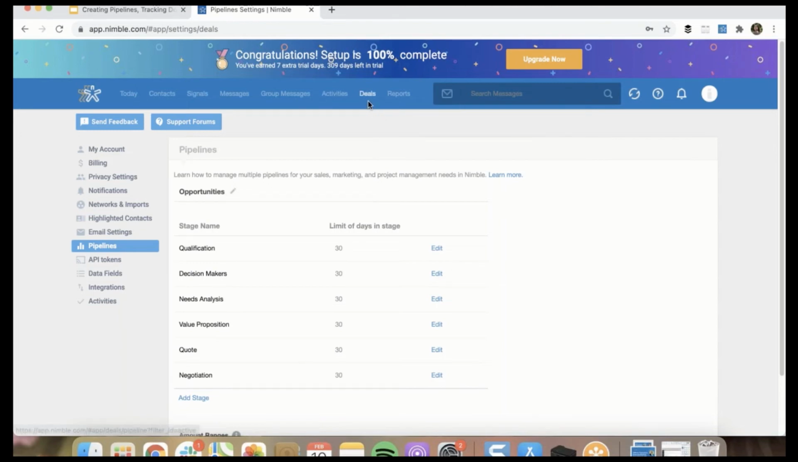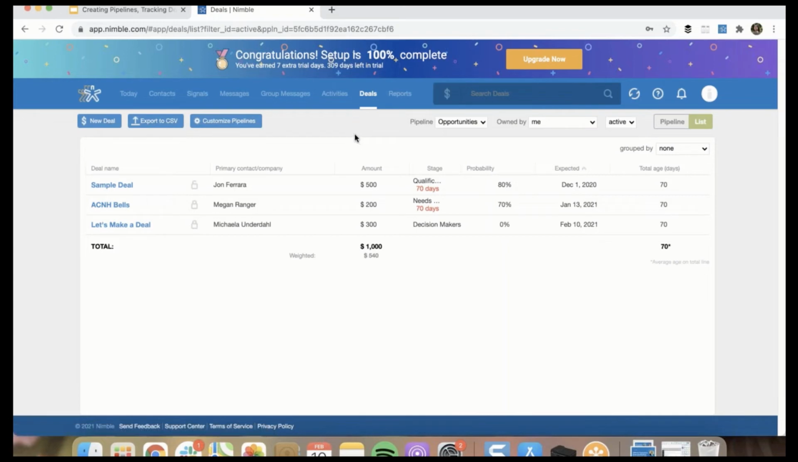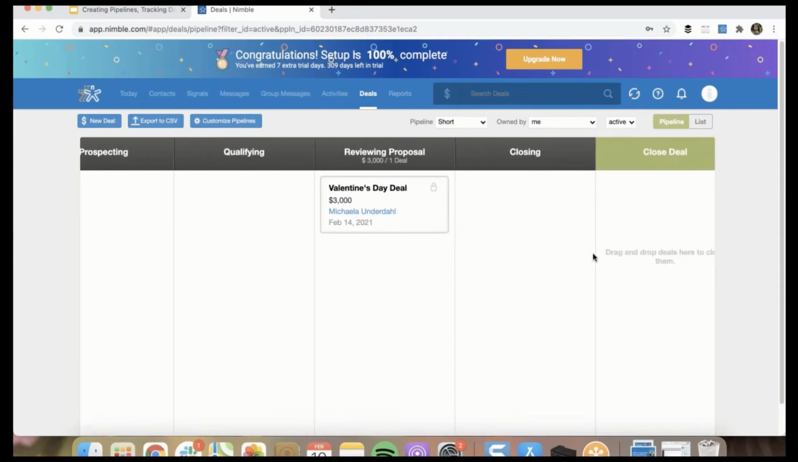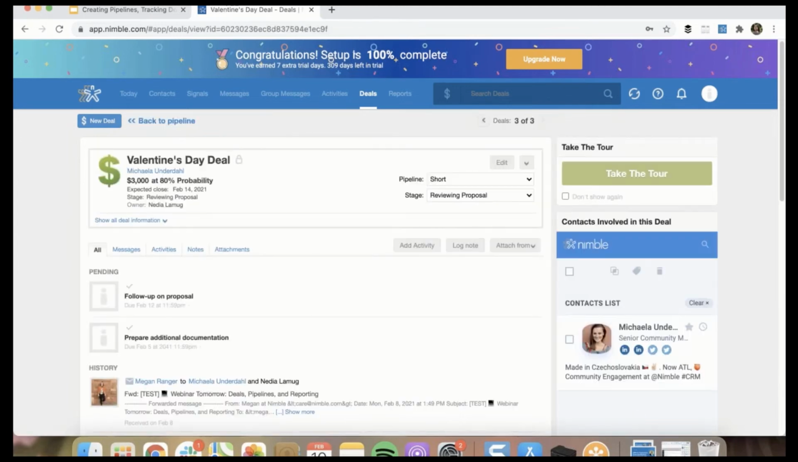So for the purpose of this demo, I marked my existing sample sales pipeline as short. So let's go to the short one. In this view, you can see that I have 5 stages. I have cultivating, prospecting, qualifying, reviewing proposal, closing, and then close deal. So in this scenario, for each of my follow-ups and attempts to move the deal through my pipeline, I would use the add activity option